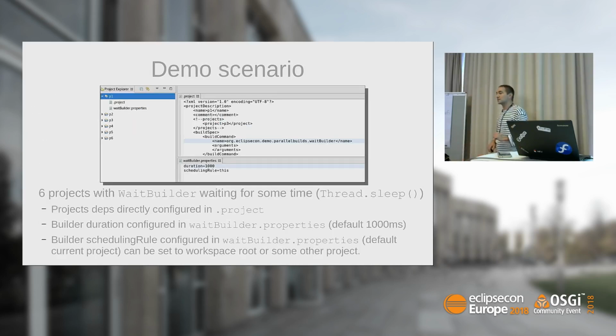For the very basic case, the tool also introduced what I've called a wait builder. It's just a builder that you put on a project and it makes the project wait for 1 second. So instead of doing a compilation like JDT is using or a Maven run like M2E can do, it will just wait for 1 second. The wait builder also allows, for the sake of the presentation, to configure the scheduling rule on the builder, because you'll see that scheduling rule affects the build, and to showcase how it affects the build, this wait builder can say, I have a new scheduling rule, project scheduling rule, and so on. But you'll see as the diagrams go how it behaves.